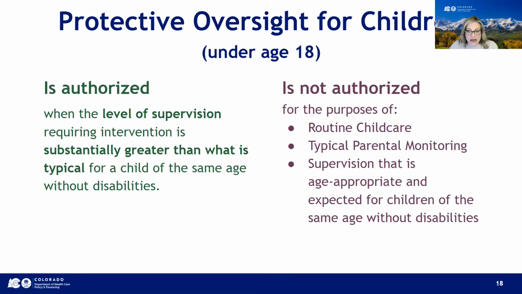An 11-year-old child with significant emotional and cognitive impairments has frequent, unpredictable, aggressive outbursts that include hitting, biting, and throwing objects at others. Line of sight supervision is required to intervene quickly and prevent harm to the child, to their siblings, or any of their caregivers around them. These examples are for when protective oversight might be authorized for a member, but it is never in lieu of other necessary behavioral services or other supports.